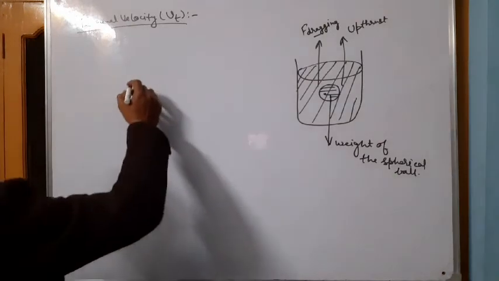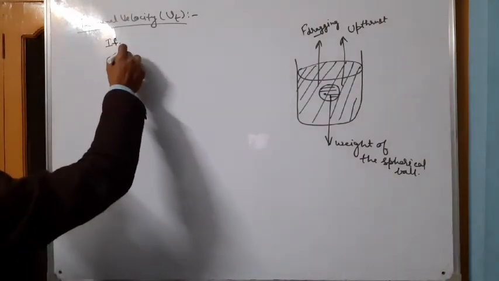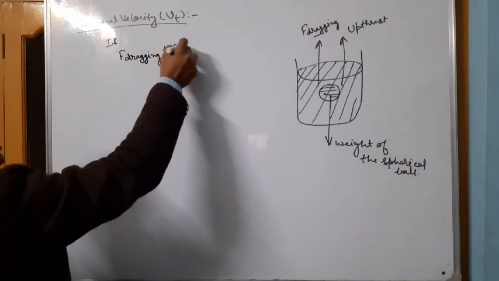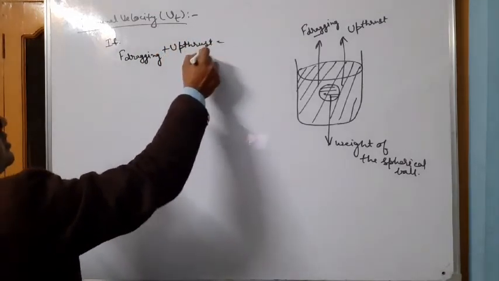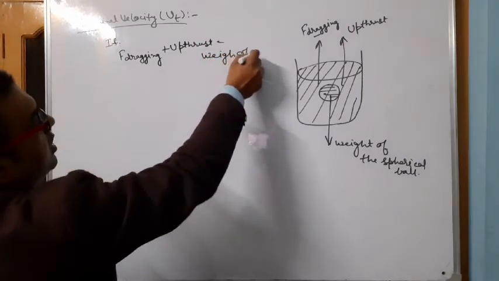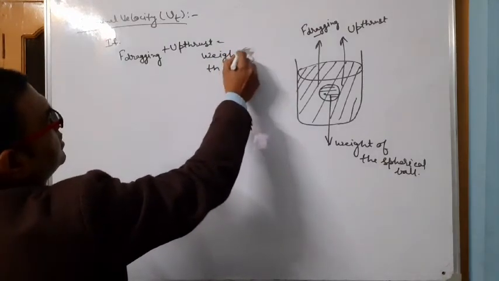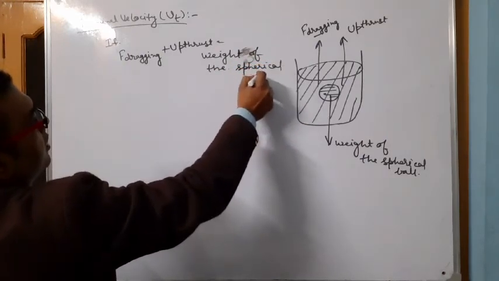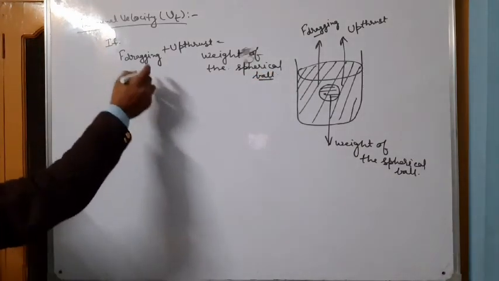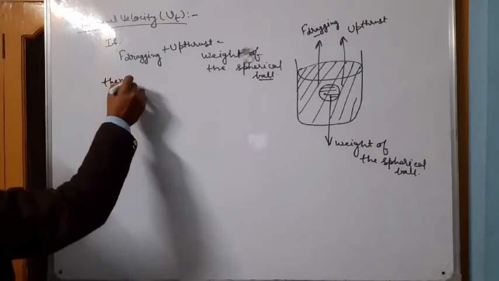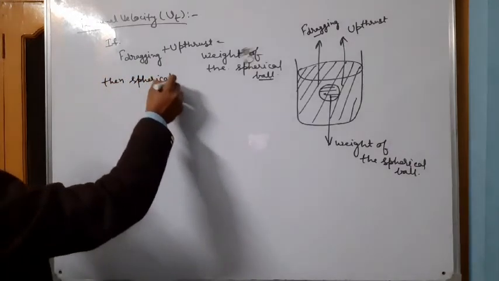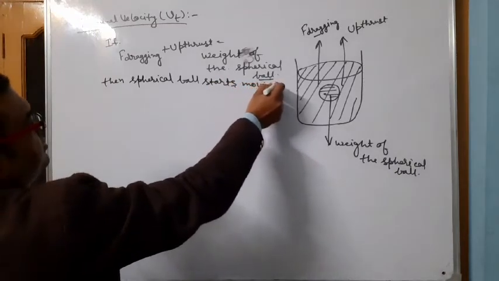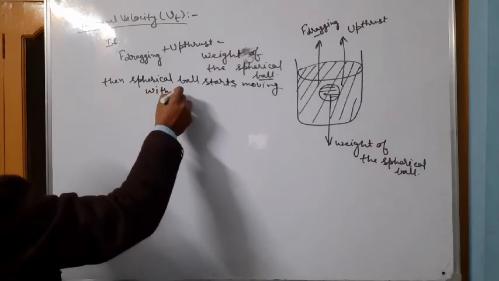Means if F dragging plus upthrust is equal to weight of the spherical ball, then if this condition is satisfied, the spherical ball starts moving with constant velocity,